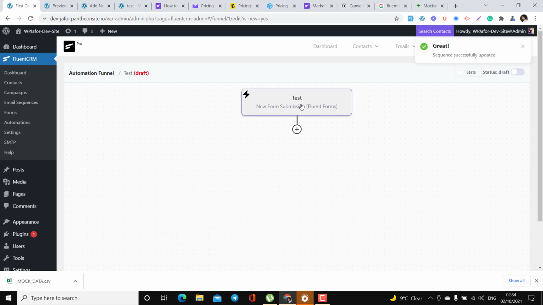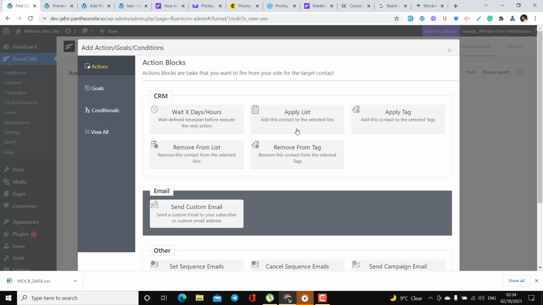Now this automation's starting point has been set up. What's the starting point? It's a form named opt-in form. Whenever the user submits the form, this automation will start. And what do you want to do within this automation? After submitting the form, you might want to send an email to them, or you might want to wait